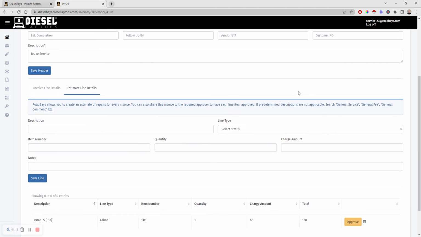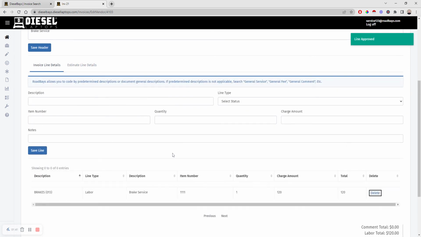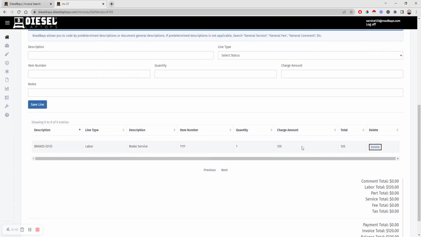send out the invoice. And then what they can do is anybody externally can click on this approve button. If they have an account with our platform, they'll be able to just hit the approve button and it'll authenticate with their user and document the date and time that they approved it and who approved it. If it's an external person that doesn't have an account, they would just have to manually type in their name and then that approve button would work. Once it's approved, it'll move it over to the invoice line details section here and populate that on your invoice